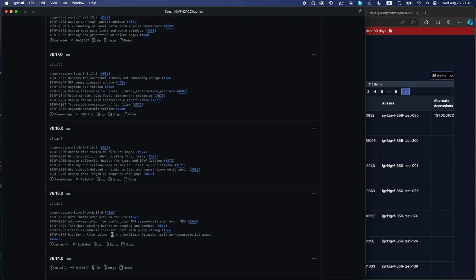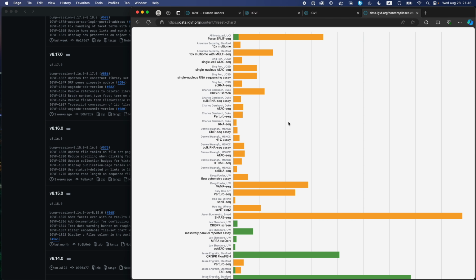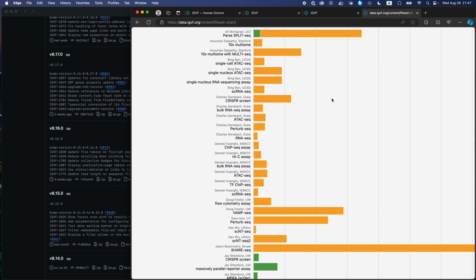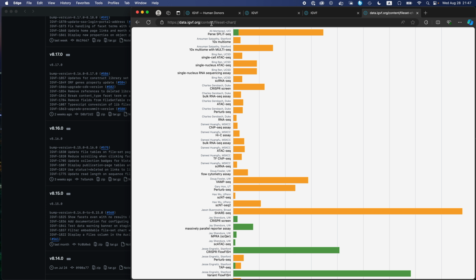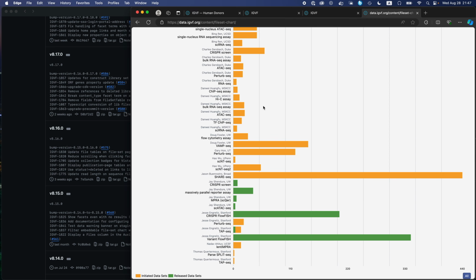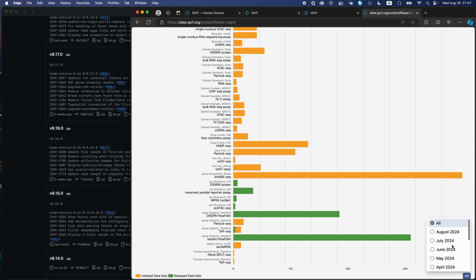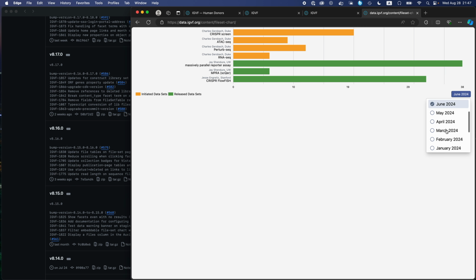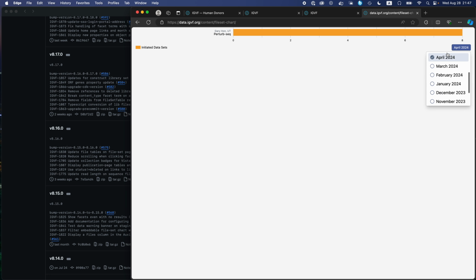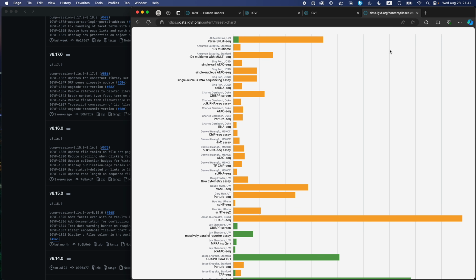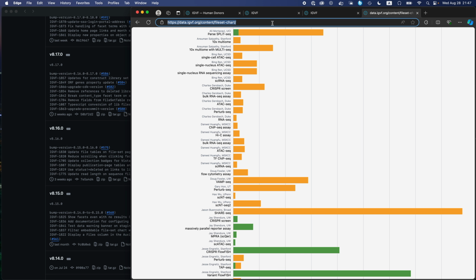Okay, next thing, filter embeddable file set charts with a query string. Yeah, so this is the embeddable chart, which you can get through content file set chart. And this is missing the rest of the UI so that you can embed this on some other website in an iframe. And so we have this little menu in the bottom corner where you can choose what month to look at, but what I added in this release is now you can select the month that you want to